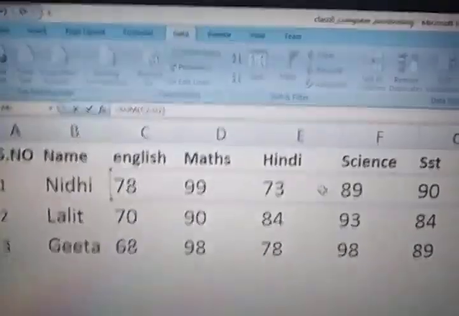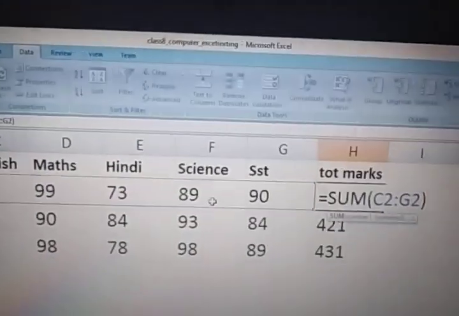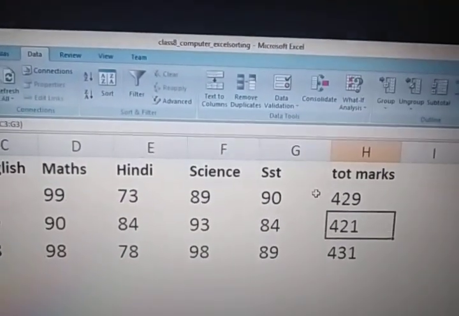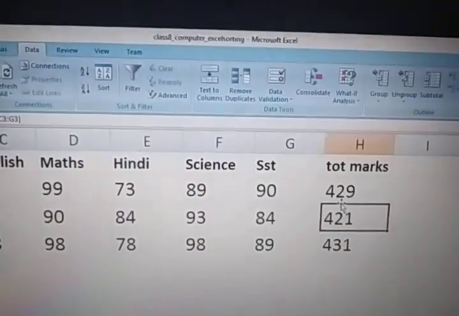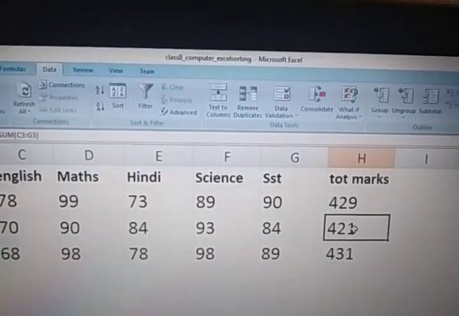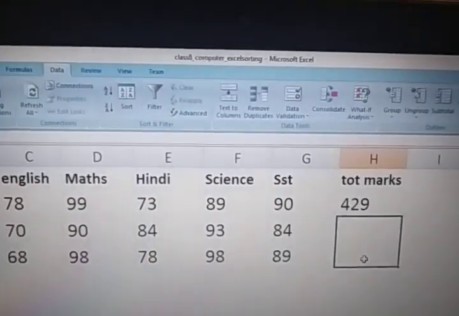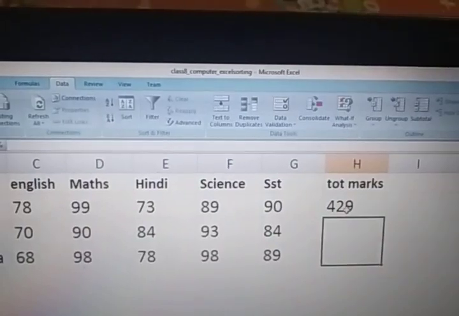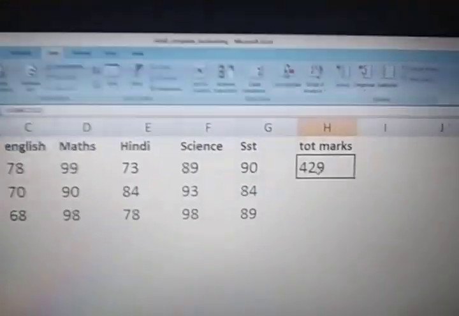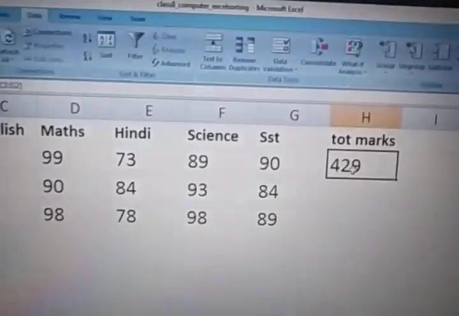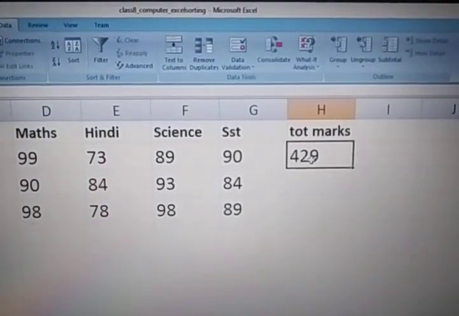After adding this, when we click, 429 is coming. Then what you have to do? Delete it. How will you copy the formula? There is no need to write the formula every time in each row.